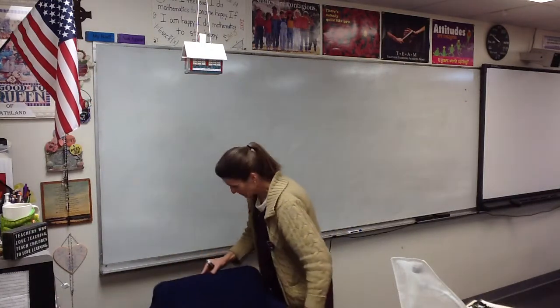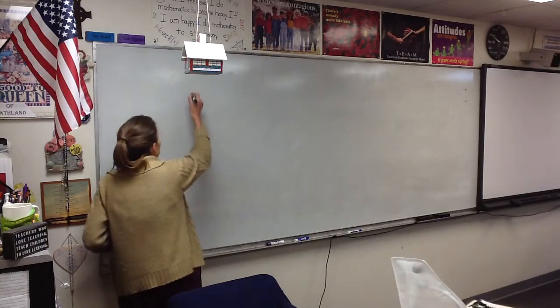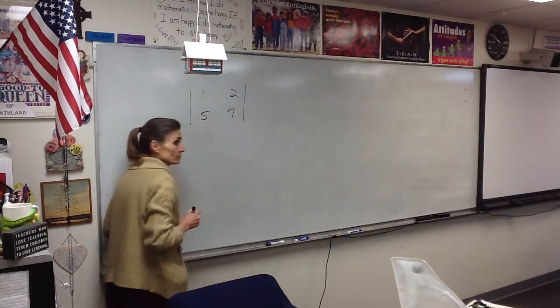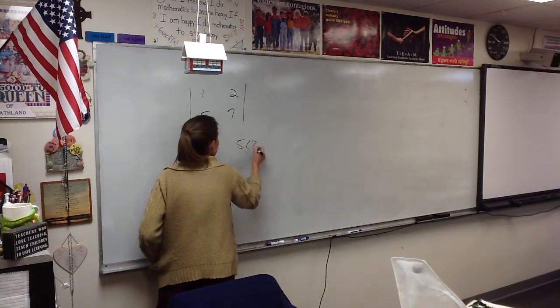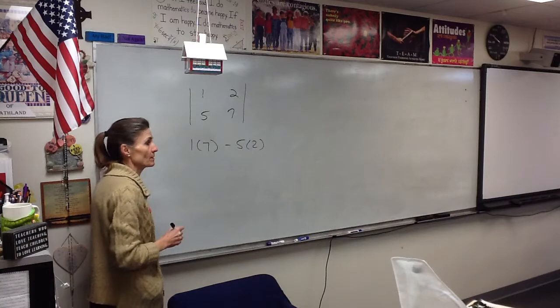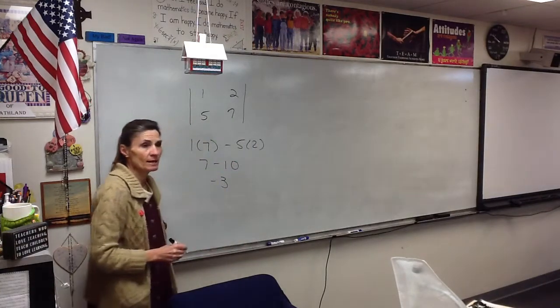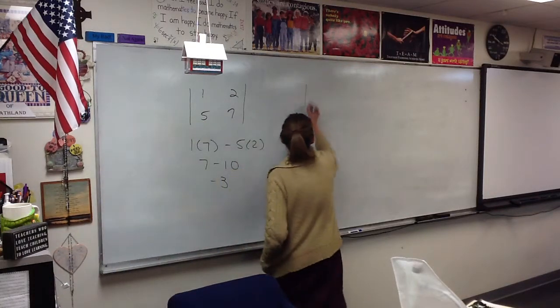Determinants. How do we find determinants? If it's a 2 by 2, we take 1 times 7 and 5 times 2 and subtract them. So it is 7 minus 10. The answer is -3. If it's a 3 by 3,